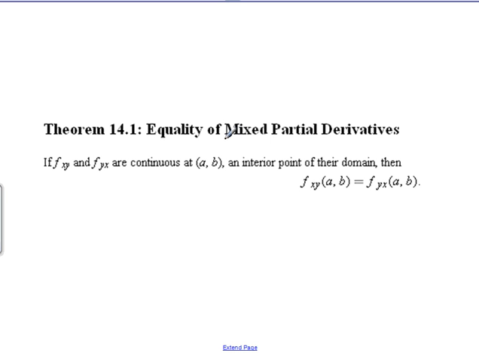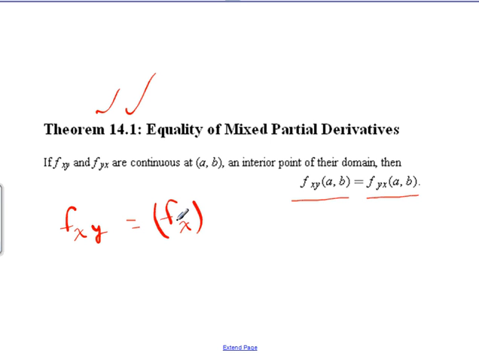Okay, as I said before, there's an important theorem, and we showed it in the first example, but the theorem states that f partial xy is equal to f partial yx at some given point. And just to be clear what that means, f partial xy is saying,